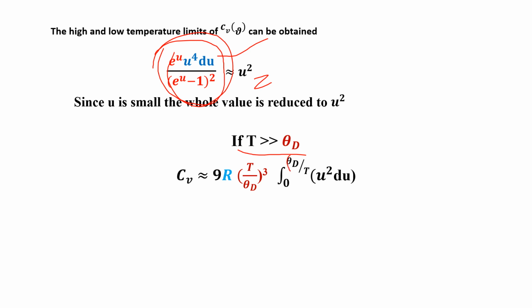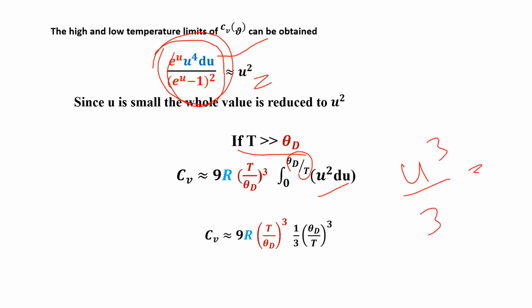Again, now the limit should be changed into theta D by T. So instead of theta D, you can use the term theta D by T, because at the highest temperature range the Debye cutoff frequency will be there. So when you integrate u square, you will get u cube by 3. Already we have lower limit 0, so that value will be 0, so there is no need for you to consider the lower limit. When the upper limit is used, you will get the answer